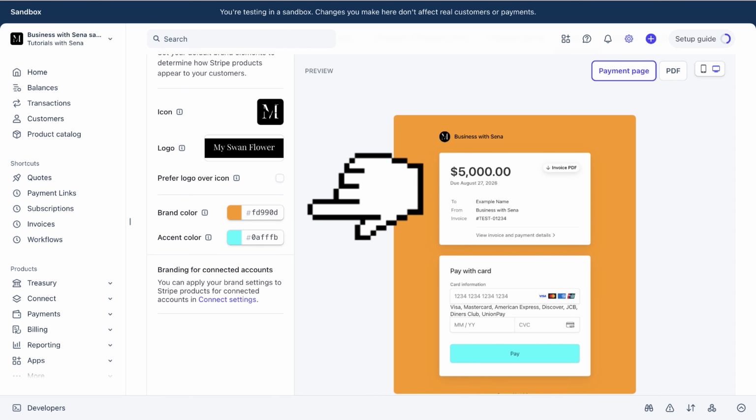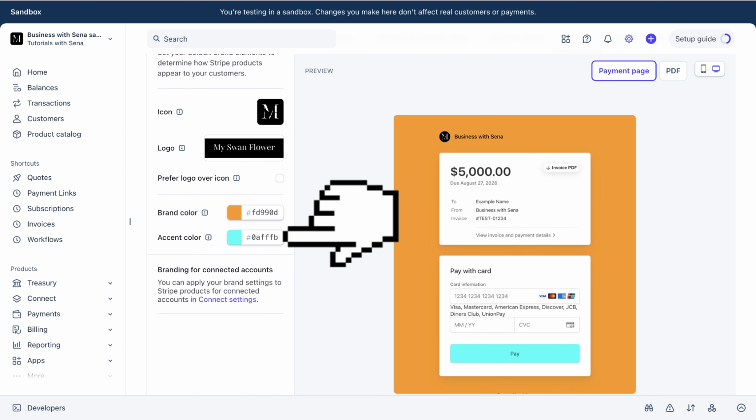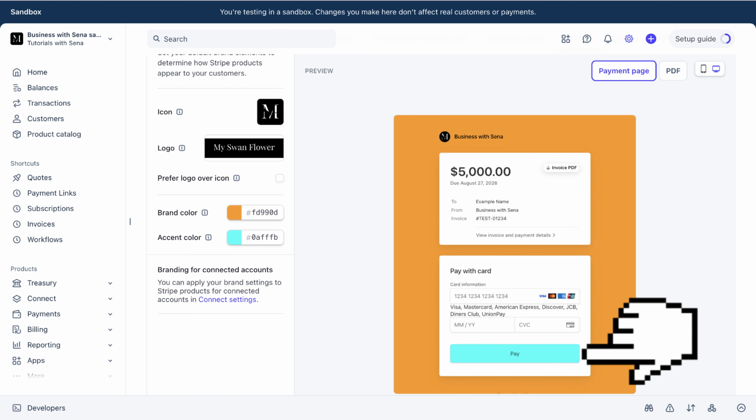Then as for the brand color, it usually includes the header backgrounds or the whole background color of your page, like this. And as for the accent color, it will only change the key elements, usually like a call to action